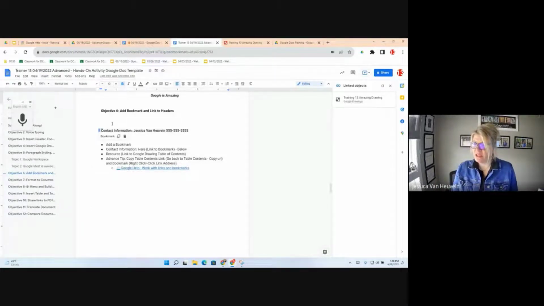So then you insert a little bookmark in this area. Awesome, right? This area has a bookmark. With that, you'll notice right next to it, you have the option to copy the link. That's going to copy the link of that location. So let's just test my theory. If I copy this link